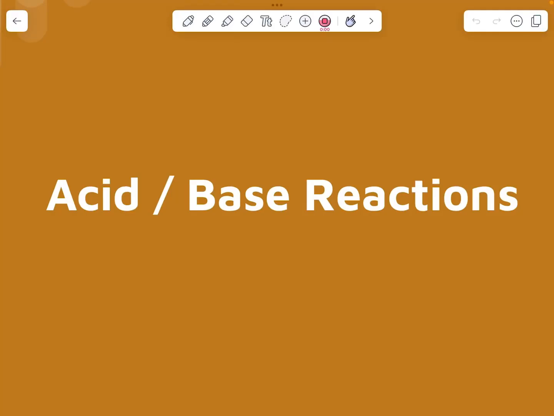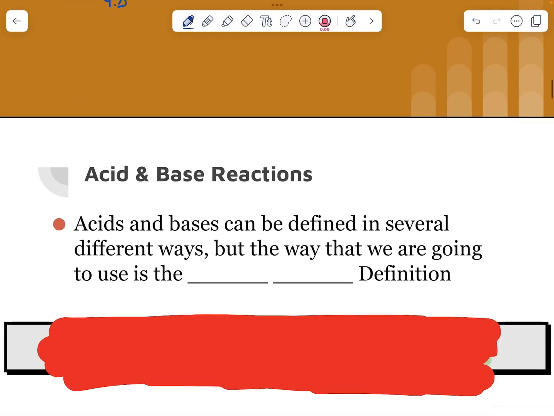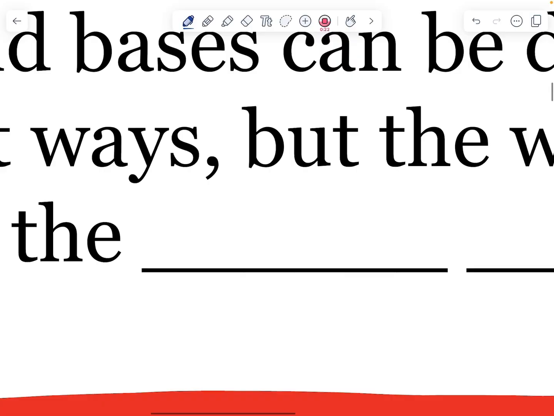All right, today we have some acid-base reactions, which is topic 4.8 for AP Chemistry. Acids and bases can be defined in several different ways. There's a definition made by Lewis, so we call that the Lewis definition, but the way that we are going to use is the